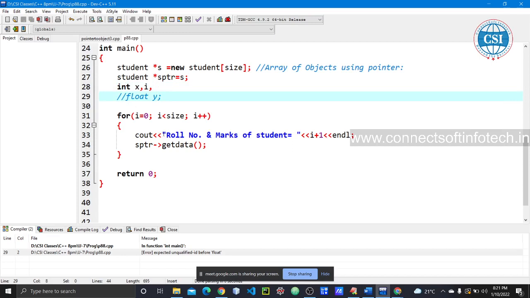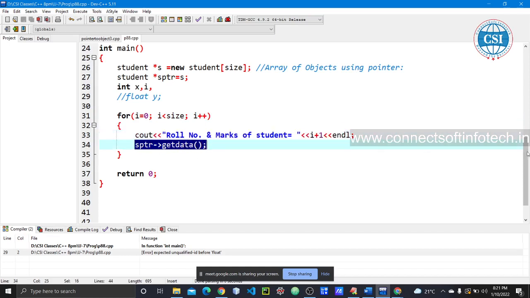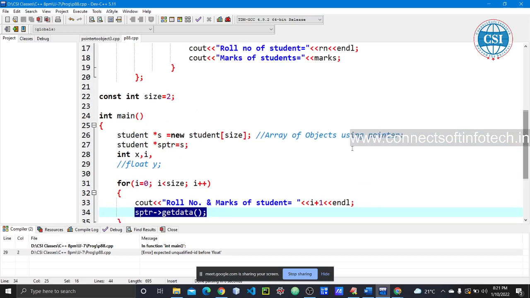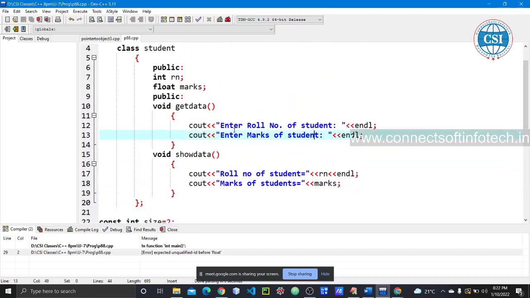So see here, roll number and marks of student. I is equal to 0 initially, so this will execute, right. The roll number and marks of student 1 will be printed in the output. Then sptr of pointer of get data. So it will access get data, where is the get data, here.